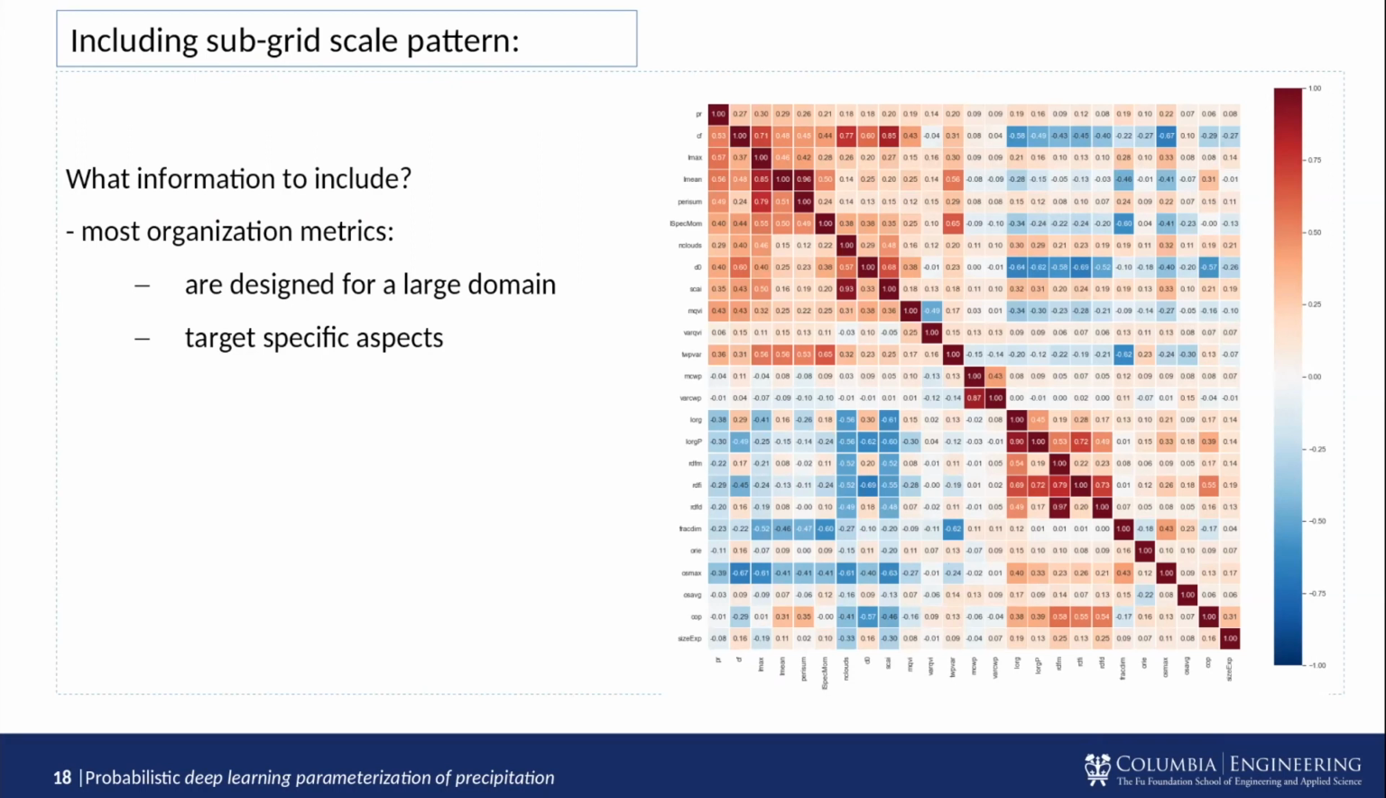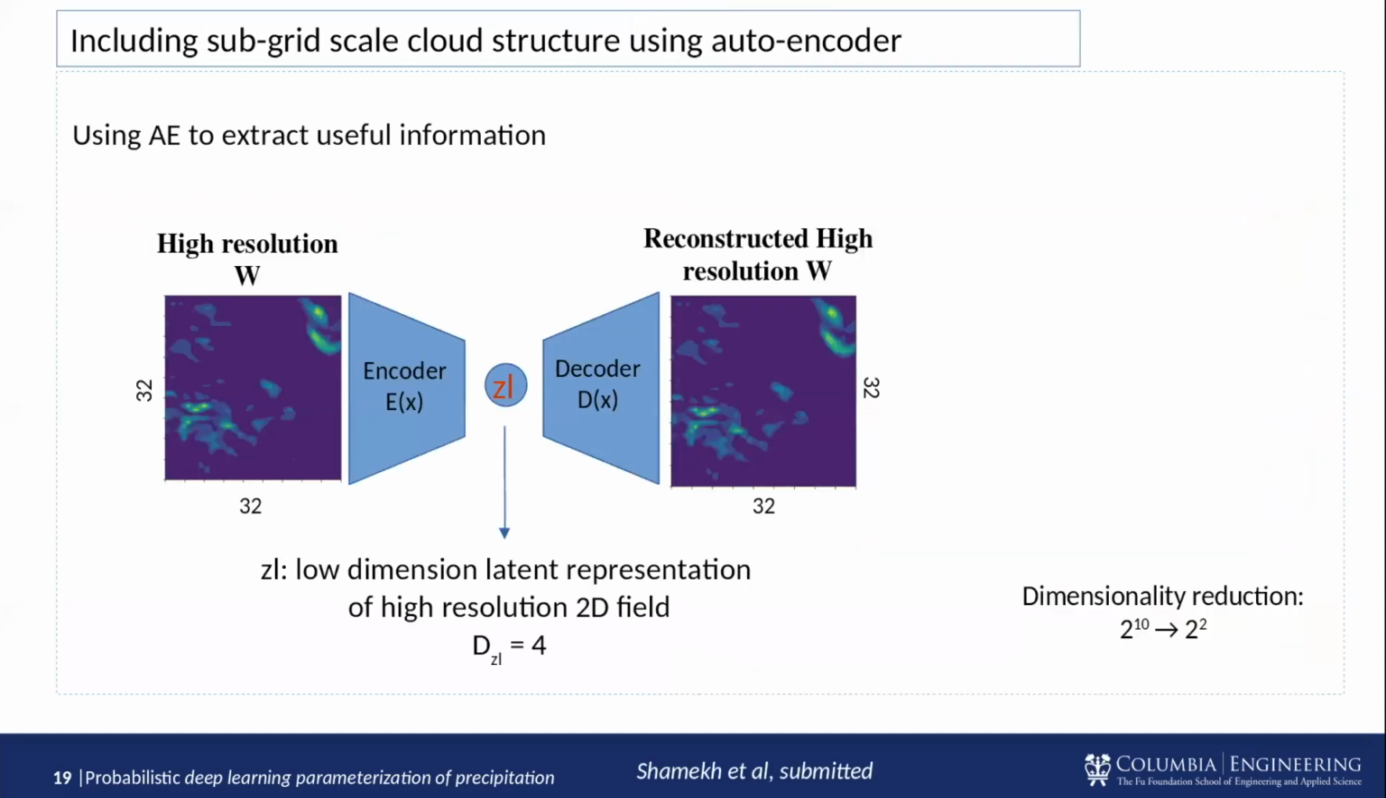And then the second issue is that they target a specific aspect of organization, while when I want to predict precipitation, we don't really know which aspect of organization might be important. So then to overcome this issue, we thought that we can implicitly learn organization using an autoencoder. So an autoencoder is, let's say, a nonlinear dimensionality reduction technique that has two networks, an encoder that takes a